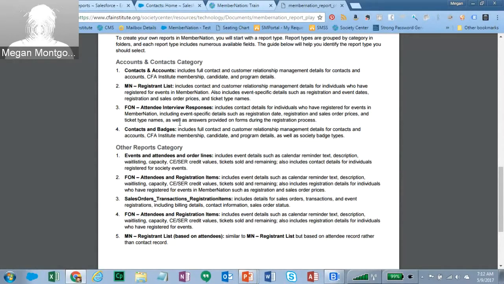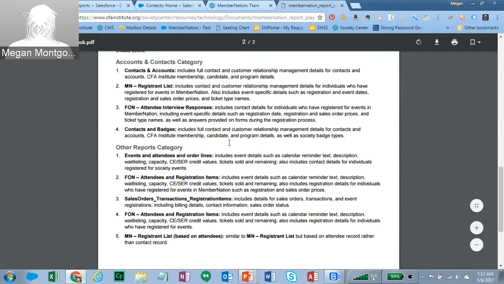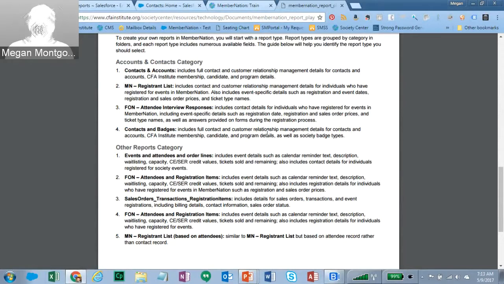So if you're looking for information on those forms, this is probably the report type that you'll want to start from. And then we also have the contacts and badges report type. This is similar to the contacts and accounts, but you can also see the badges on those records. So again, this is another one that can help if you're looking specifically for information about contacts who essentially